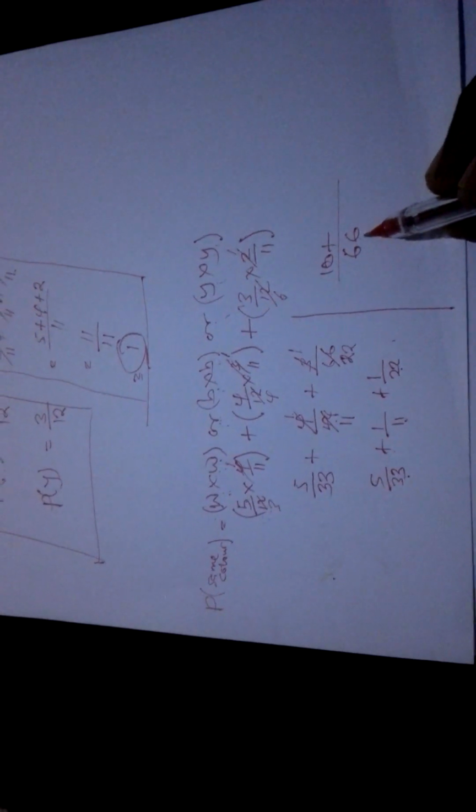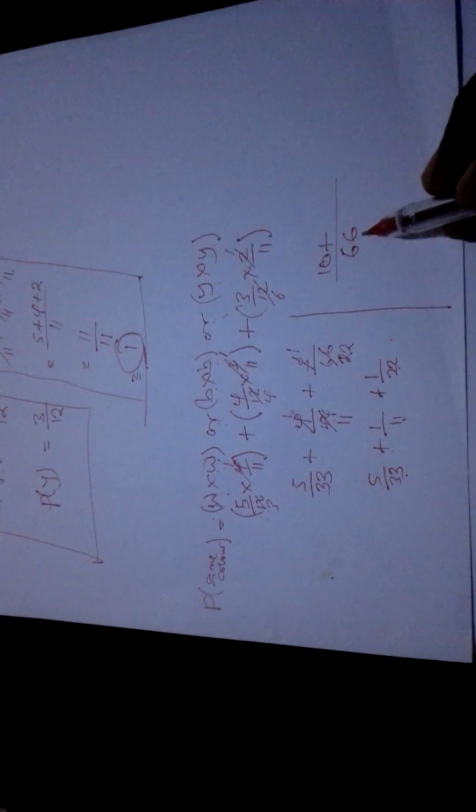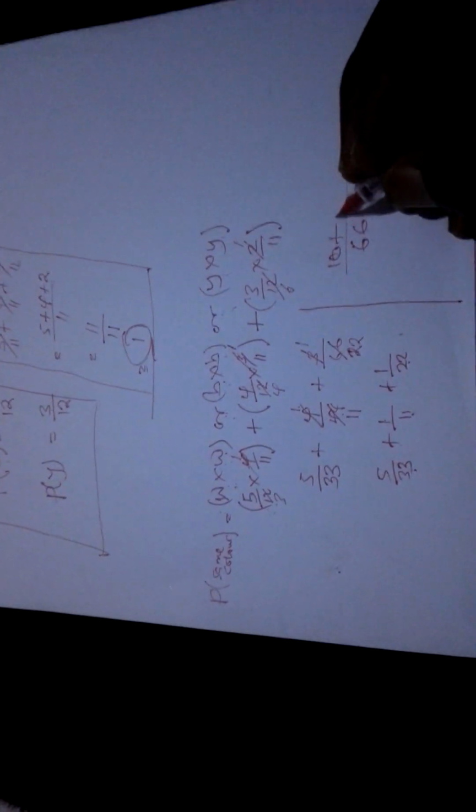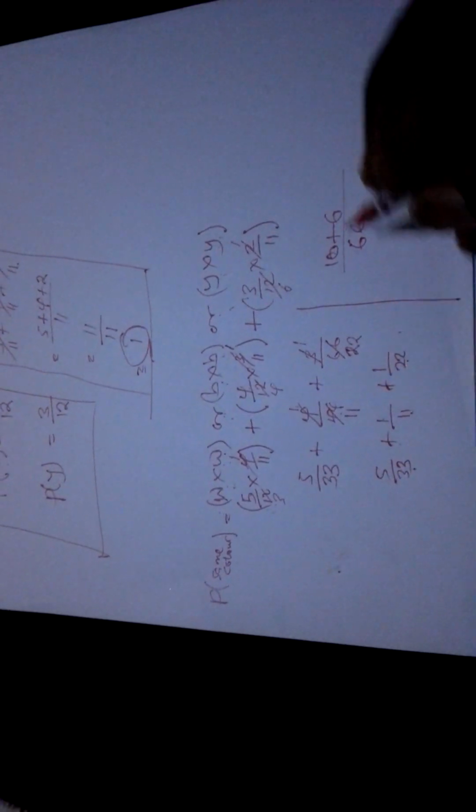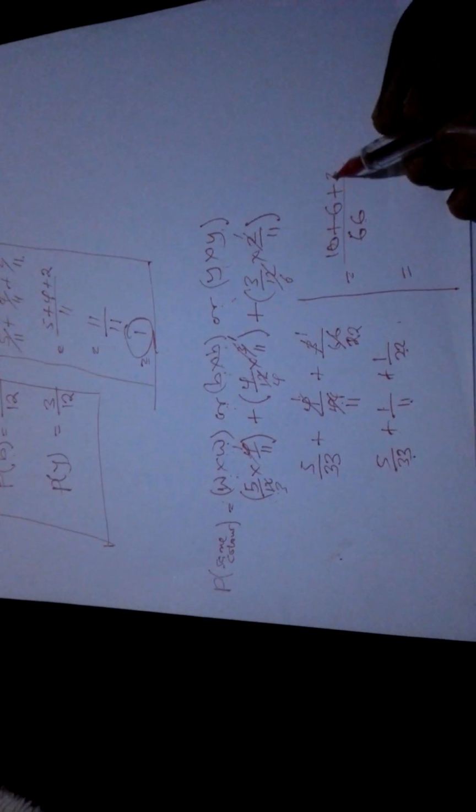Then we say 11 into 66. It goes there 6 times. 6 times this one here is 6. Again, we bring this plus here. Then we say 22 into 66. It goes there 3 times. So 3 times 1 is 3. So we add what is on top here, and our probability will become something like this. 10 plus 6 plus 3 is giving us 19